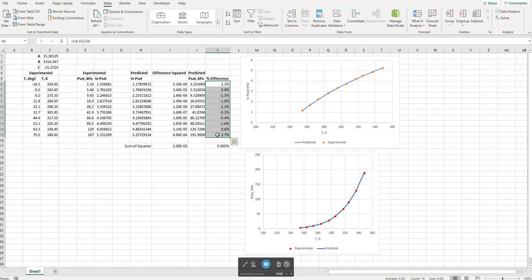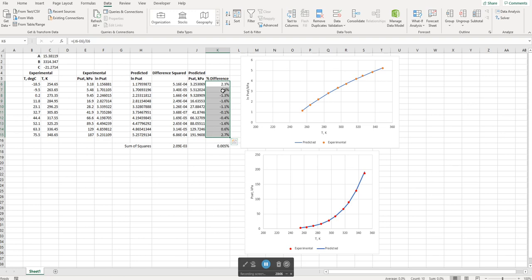Now, we don't have replicate measurements at each data point, so we don't have error bars, which if you were doing this in a lab, you would definitely want to have replicate measurements at each temperature so that you have error bars and so forth. But here we just have one data point, and you can see that the largest error we have is about 3%. Usually for experimental error for good precision measurements, you would hope to have at least less than 5% relative errors. And so we've definitely